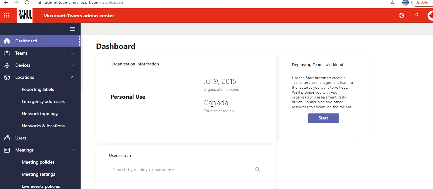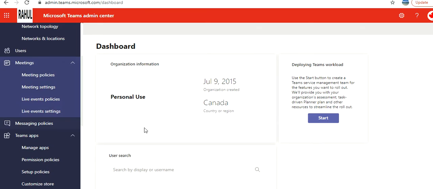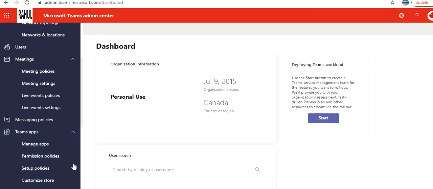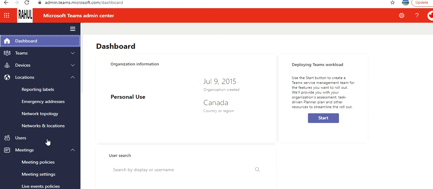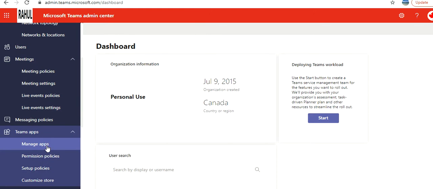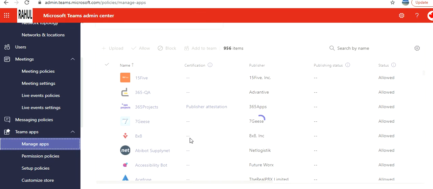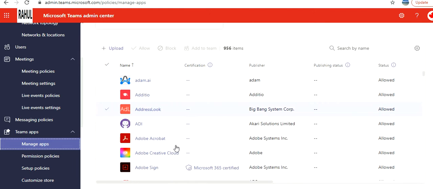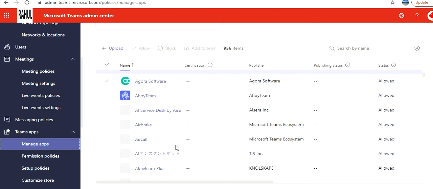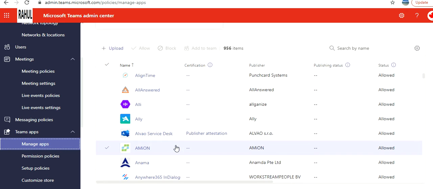So guys, in front of you I have opened this Microsoft Teams Admin Center. If you look at the left side navigation, you have this Teams apps. If you click on manage apps, here you can add the apps that you want. Let's say you can scroll down and see what apps you want to have over there,